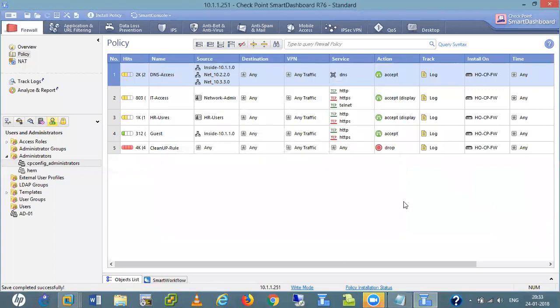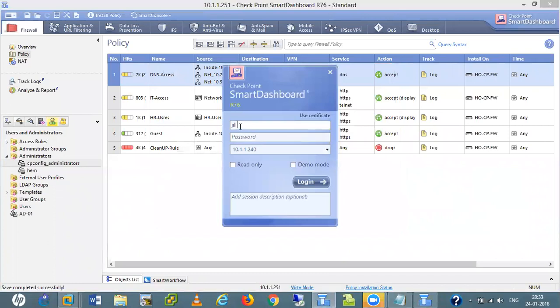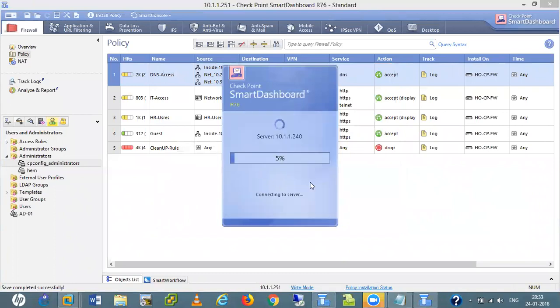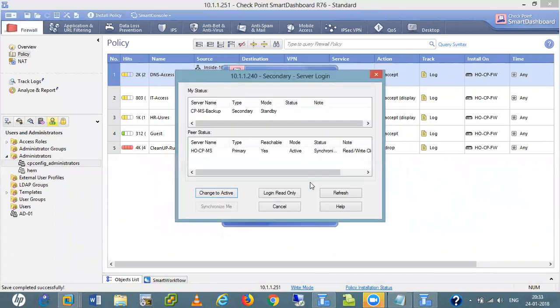So done. See, if I log in again using admin 123. Generally, at one time only one user acts as the active user. Only one administrator can log in with read and write permission, and one logs in with read only permission.